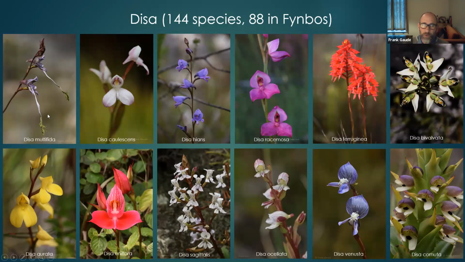It's also not known who pollinates this plant, because all the orchids are very particular about who pollinates them, and all the orchids have some method of deceit to attract a pollinator, mostly without any reward for the pollinator, but only for the orchid. So some of them imitate wasps, like here, the Disa bivalvata will attract wasps who think they can mate with something that looks like those flowers,